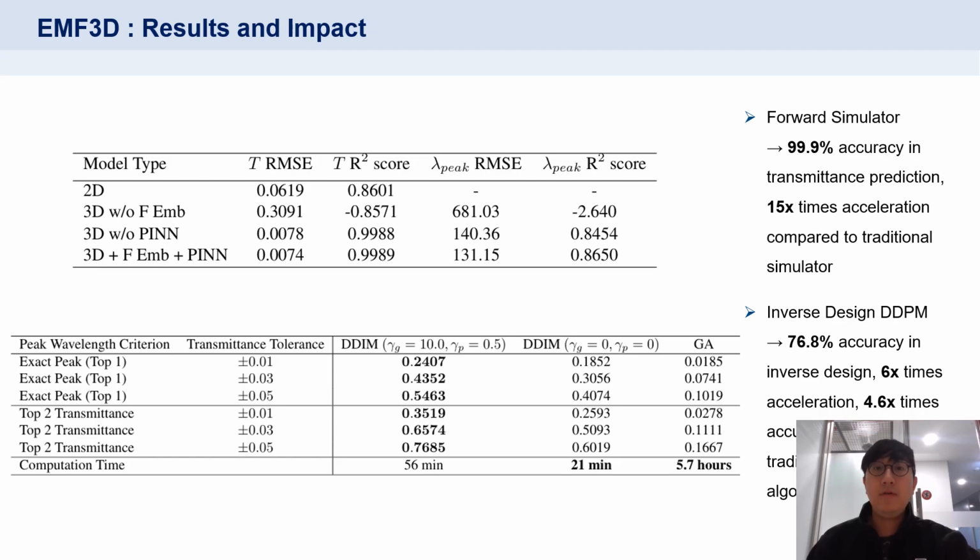Also, the table suggests the novelty of score-guided sampling compared to naive methods. This work opens new possibilities for nanophotonic research and enables discovery of novel device architectures previously inaccessible through conventional design methodologies.